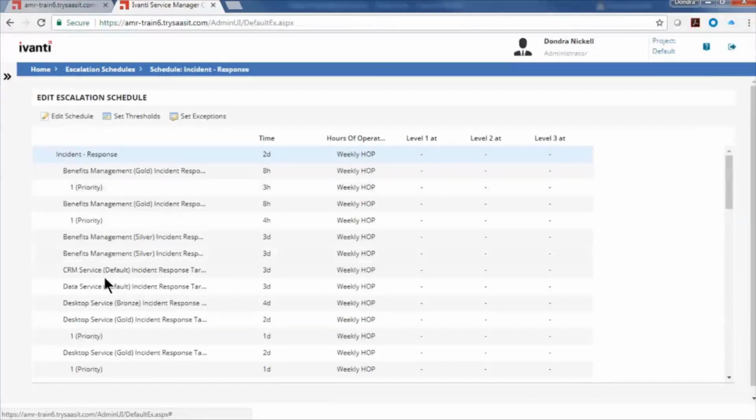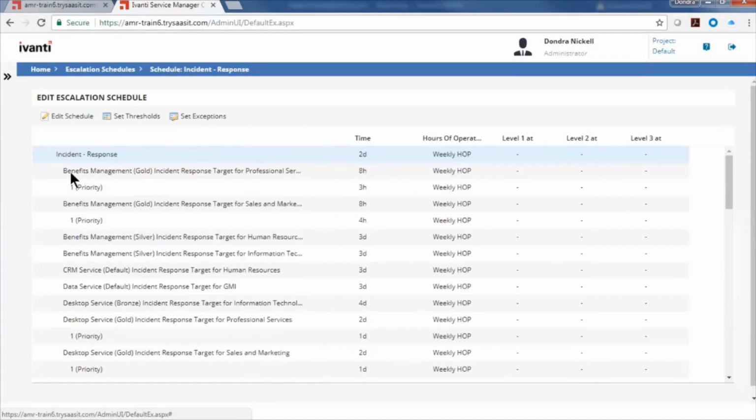And so here you can see the different escalation schedules that have been set up. This one is saying that if the service for an incident is benefits management, and the customer's org unit is professional services, our target for getting this responded to is 8 hours using the weekly hop. So this is where it's telling it when the clock's going to be running. Okay, now if I go back,